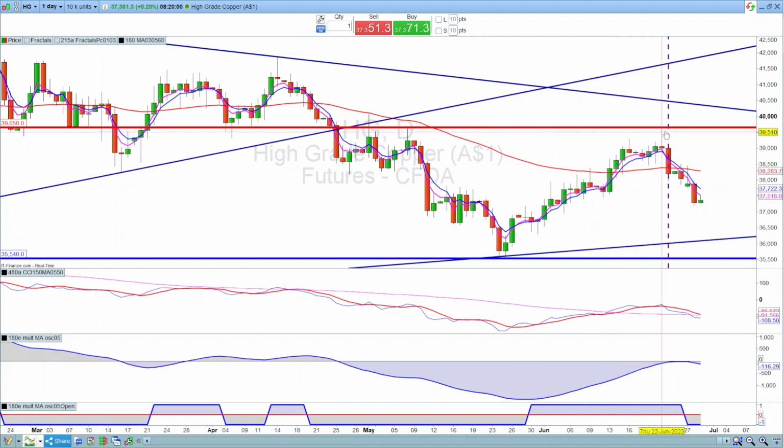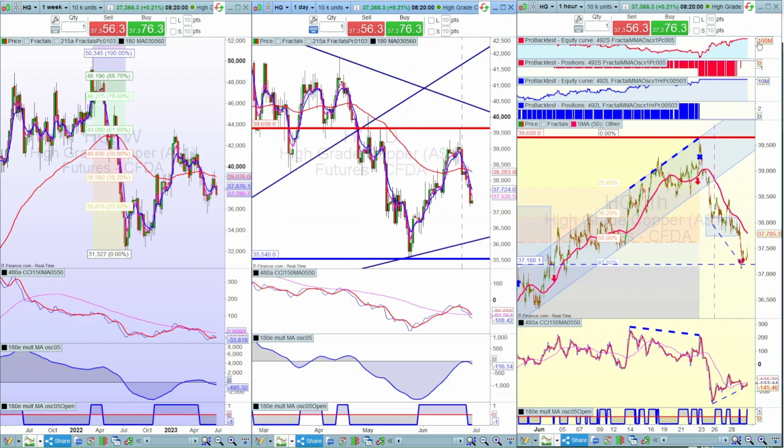We did bounce off this key resistance at 39,650, and it's making further declines since then over the last few days, and it's currently hit this minor support area forming at the moment. And I'll talk about that on the hourly. But you can see there all those indicators are turning down in a bearish momentum primarily. So on the hourly,